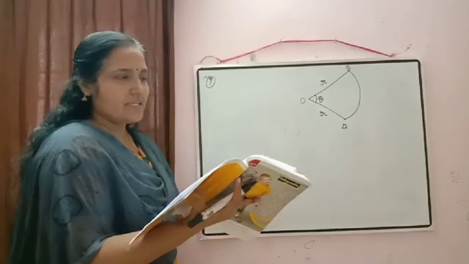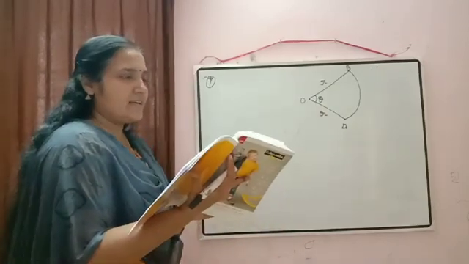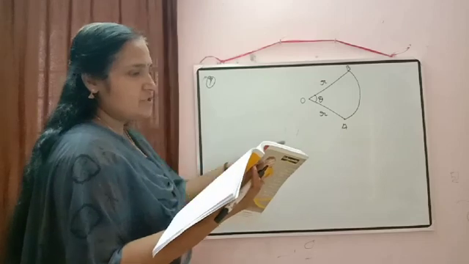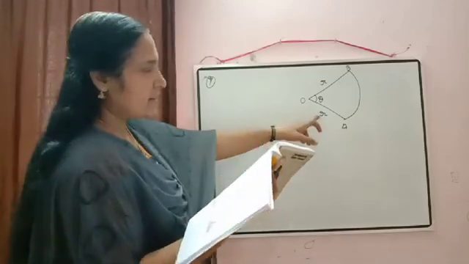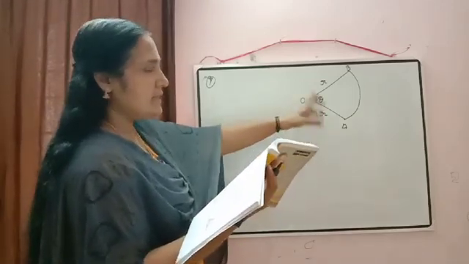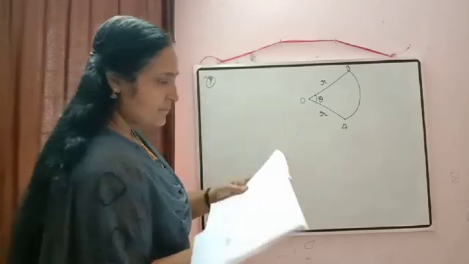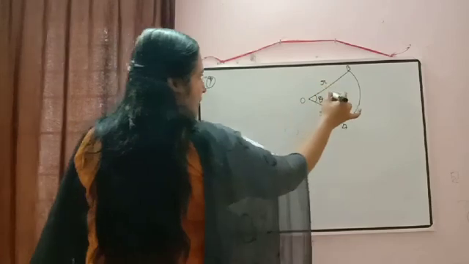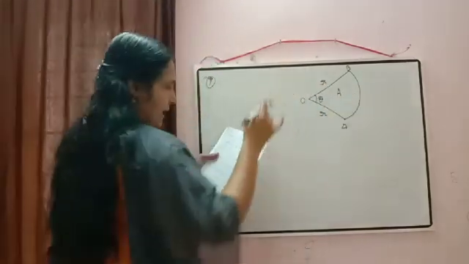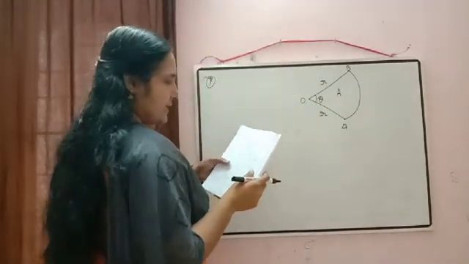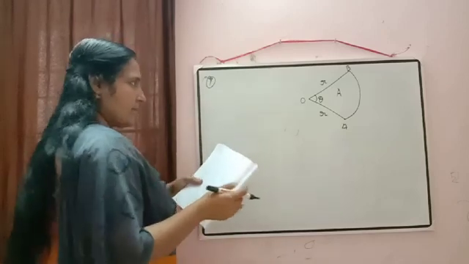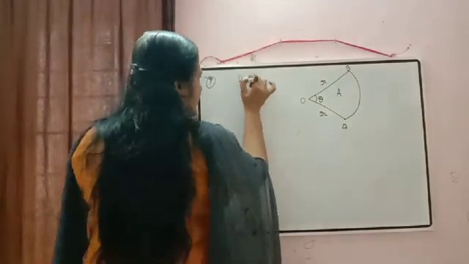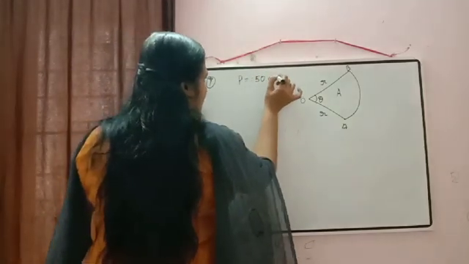For the next question, this is the diagram which is there in the question. It is given: figure shows a sector of a circle of radius r centimeter containing an angle theta. Area of this sector they denoted by A, and perimeter of this sector is given as 50 centimeter.